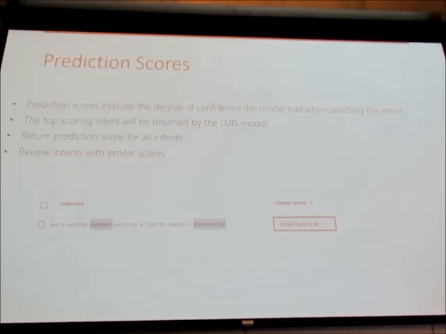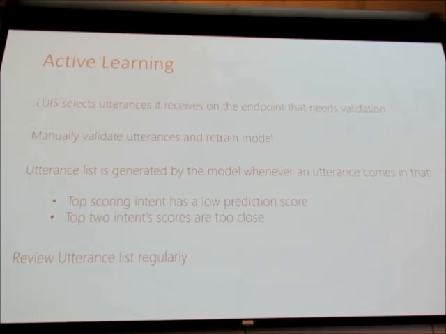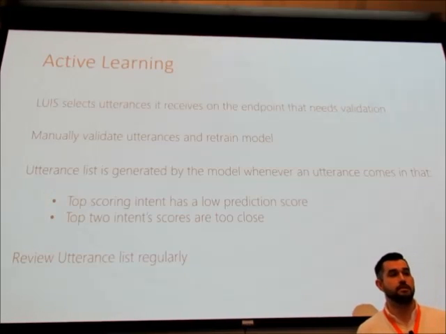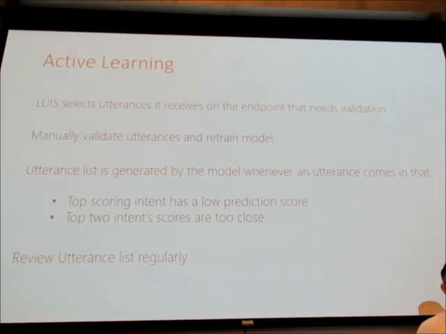Any other questions? Okay. So the first strategy we can use is the simplest, what's called active learning. LUIS by default will provide you a list of utterances that it did poorly on in your endpoint. There are 2 criteria that will land an utterance there. If the top scoring intent is low, it will place it there. And the second big problem is if your top scoring intent was high enough, but your second scoring intent was just as high. If you had, let's say, a 95 and then an 87 as your second one, that's also a problem. You want a big disparity between your top level intent and your second level intent, otherwise you're matching too much. These 2 intents are too close, and the model doesn't really understand the differences between them.